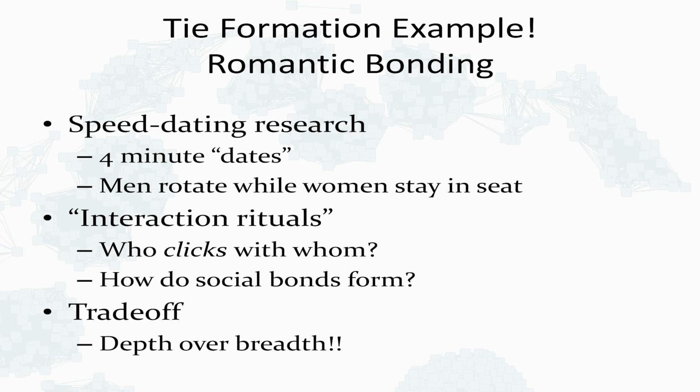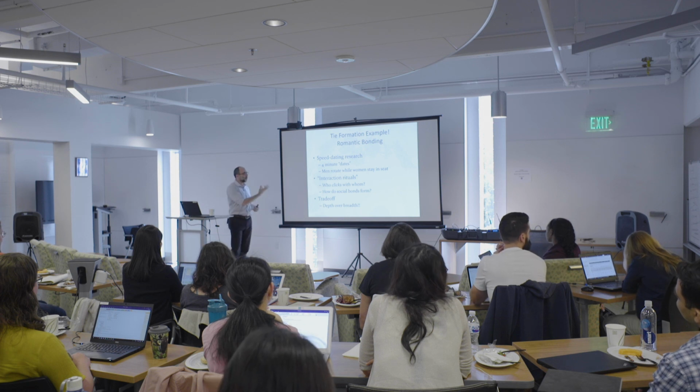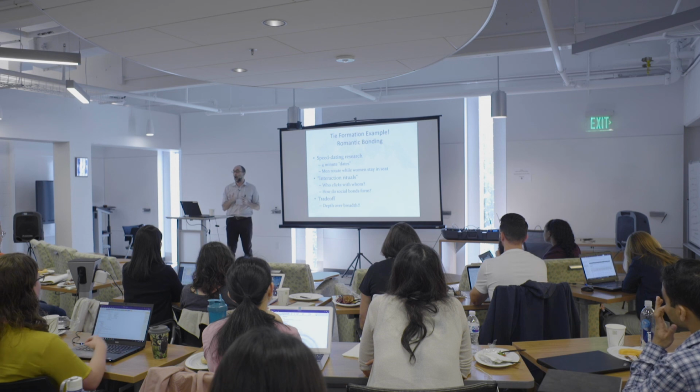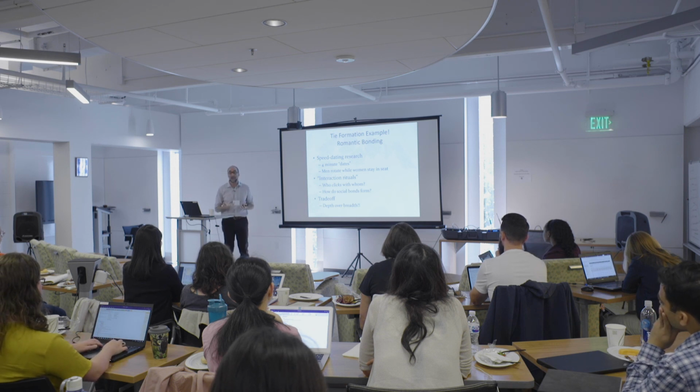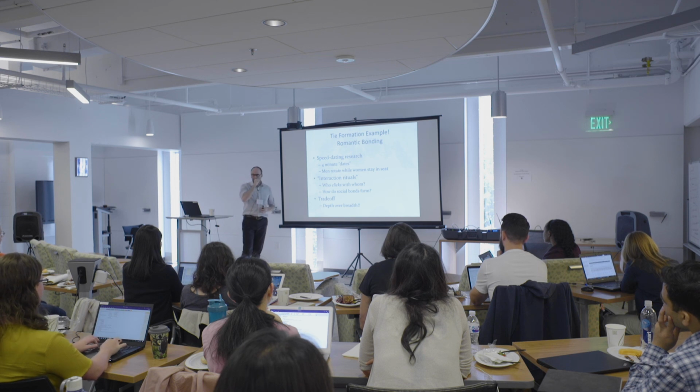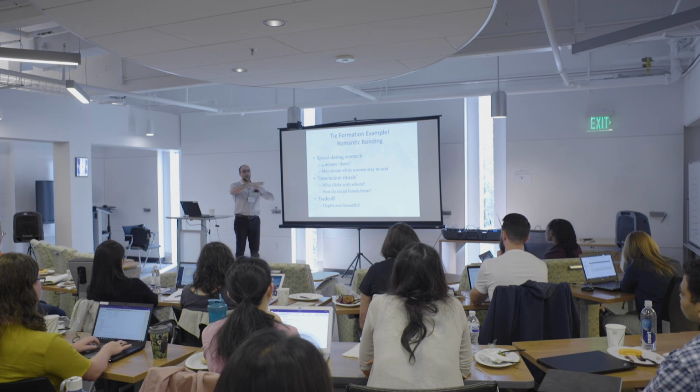Here's an example of a study. Another example, this is about trying to think of emergent structure from interactions. Where do initial romantic bonds come from? When do people click with each other? It's a dyad, right? So it's sacrificing a lot in this case. There's not much structure that's really being examined in the study. There's a huge trade-off in not being able to think about the